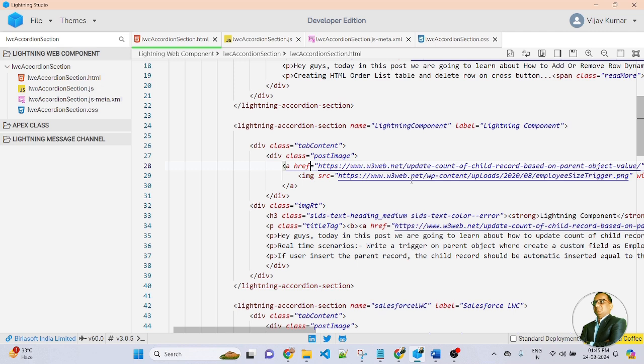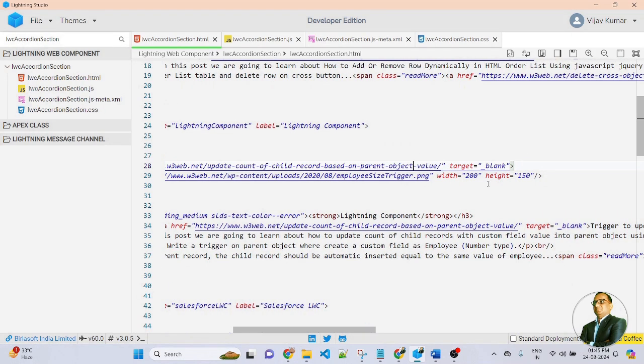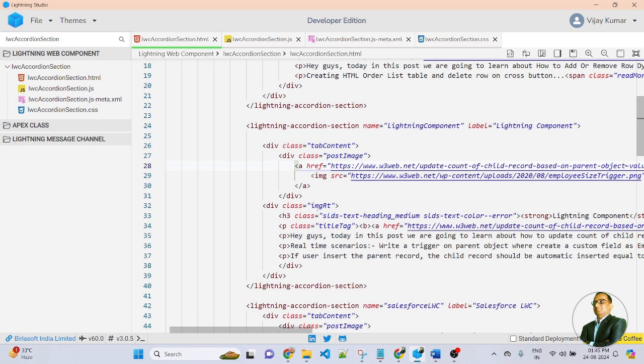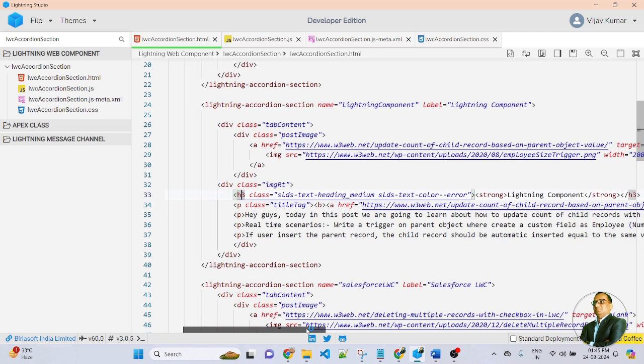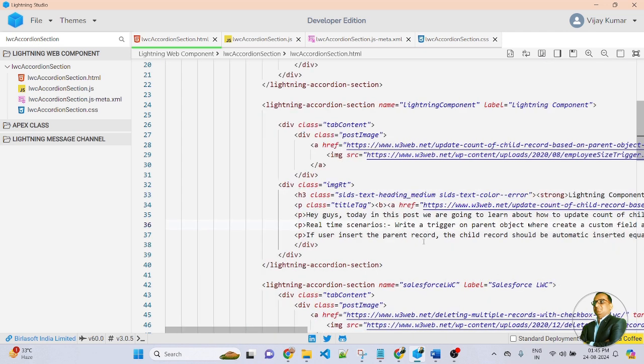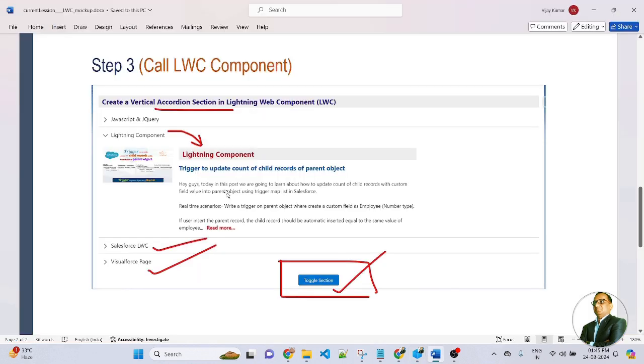So in the left side, I display images. You can see this is the name of the image, and this is the right side. In the right side, first I define an h3. This is the title of the section. Then I define the P tag, and you can see I apply different types of P tag. And in the last, I create a span, and here you pass read more. So in the right section, the description part, I use a read more. Once you click on the read more, you can go directly to the external page.